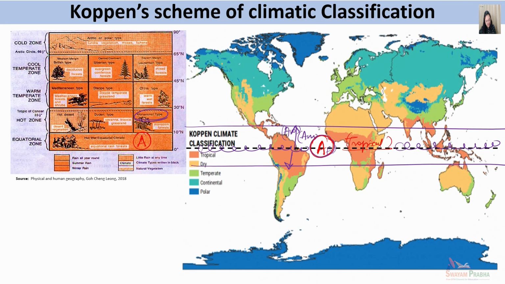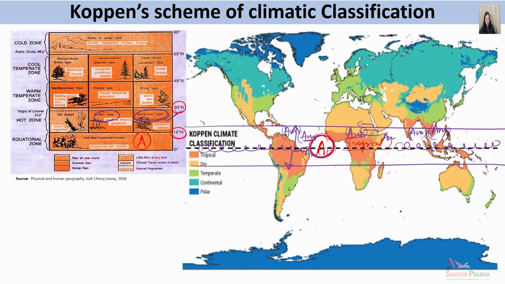Here you can see that along the eastern margins, you will have Am type of climate in the tropical areas, and towards the continental interiors, you will have Aw type of climate, or you can say Sudan type of climate. So continental interiors will have Aw type of climate. Towards the wetter eastern margins, you will have the Am type of climate. These are all the variants of A type of climate, which is found between 10 to 30 degree latitudes in both the hemispheres.